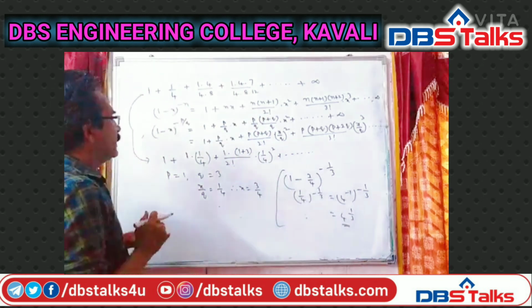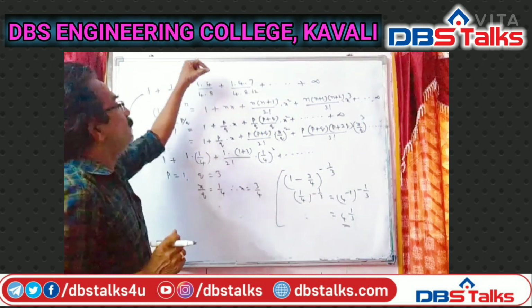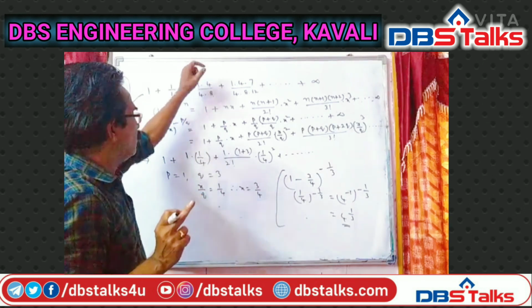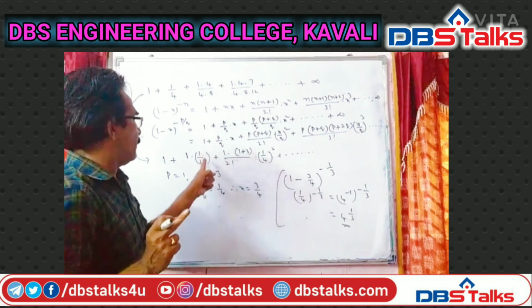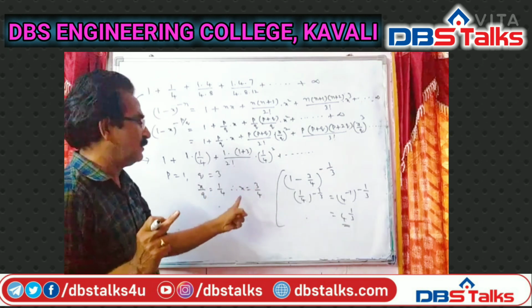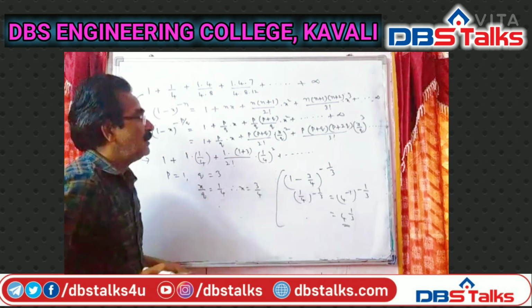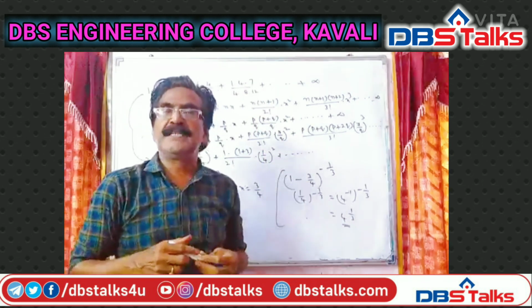So, here p is equal to 1, and this is p plus q. P plus q is equal to 4, so q is equal to 3. X by q is equal to 1 by 4, and q is equal to 3, so x is equal to 3 by 4. So, now the entire expression is equal to (1 minus x) whole power